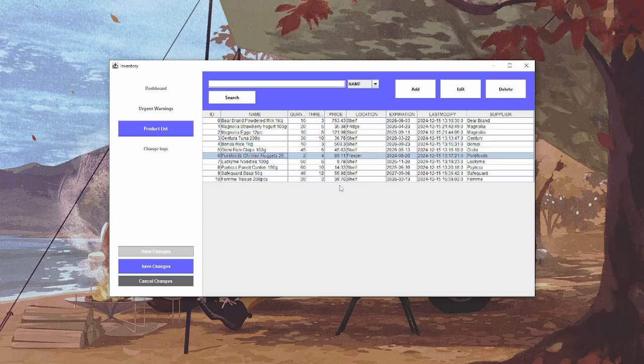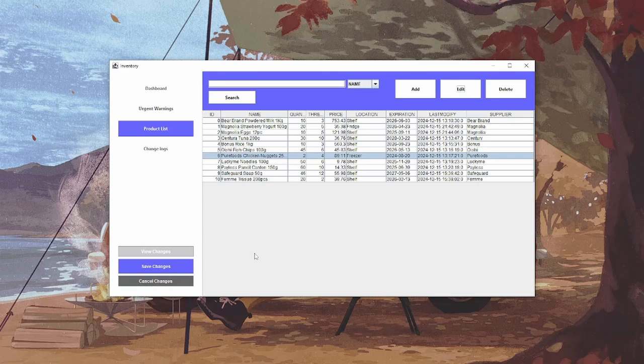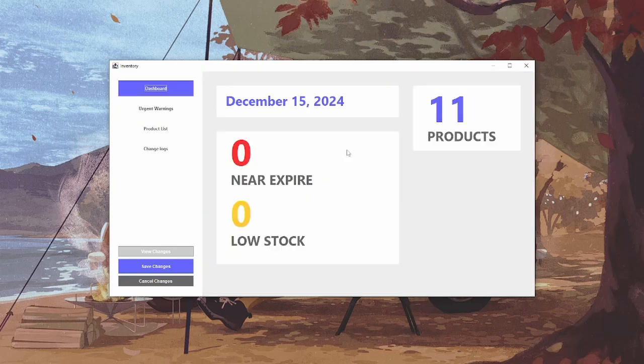For this one, where it's both expired and low stock, we can change the expiration date to a later date and increase its quantity. So, as you can see, all rows are now white, which means that there are no more products that are near expiry or low on stock.